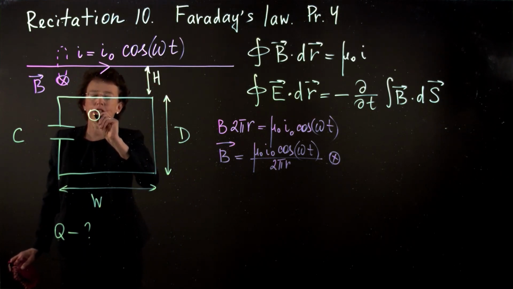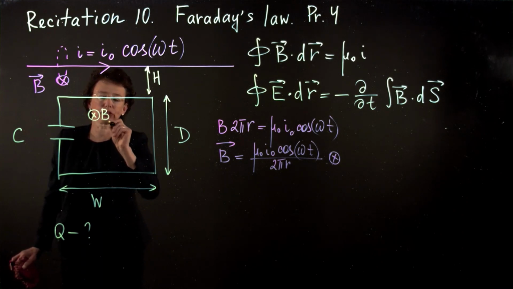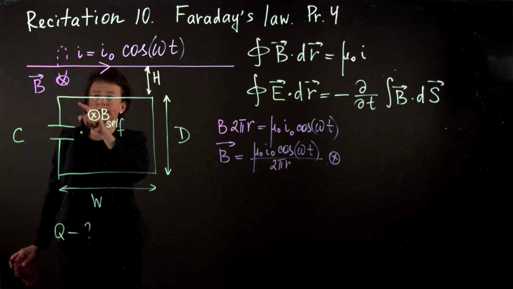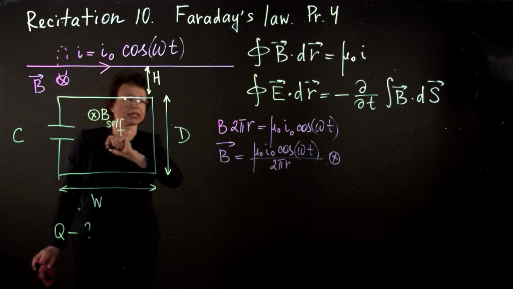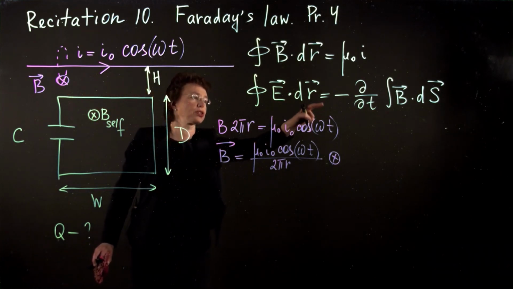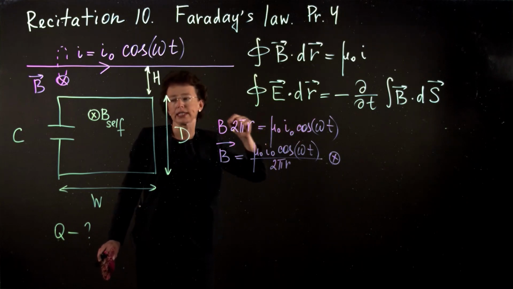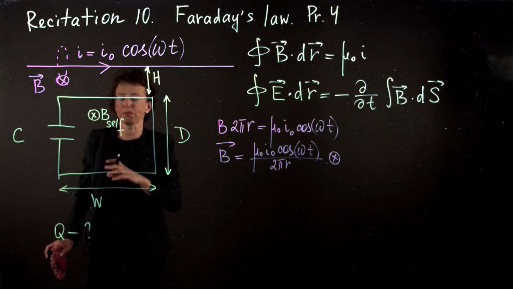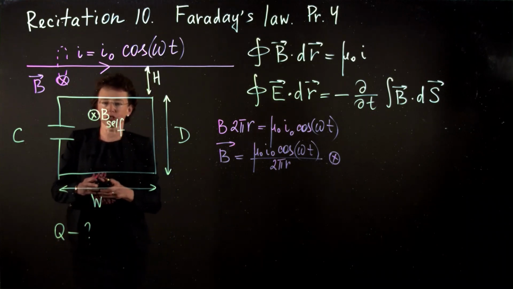So we need to have the self-induced magnetic field in the same direction as the original magnetic field to oppose the change of flux, since flux decreases. Okay, to have B self into the page,